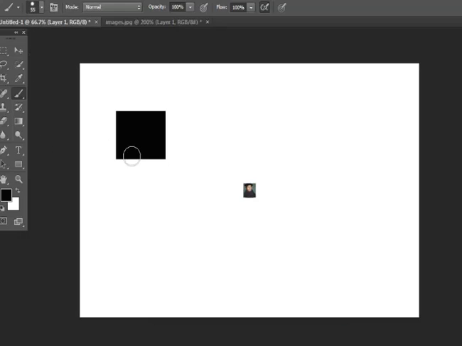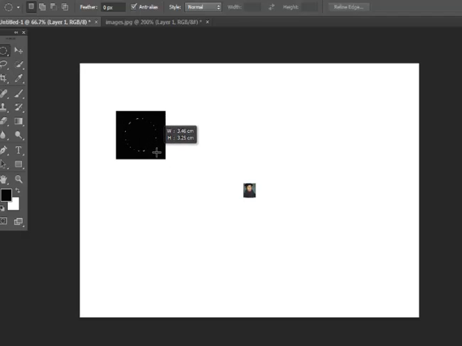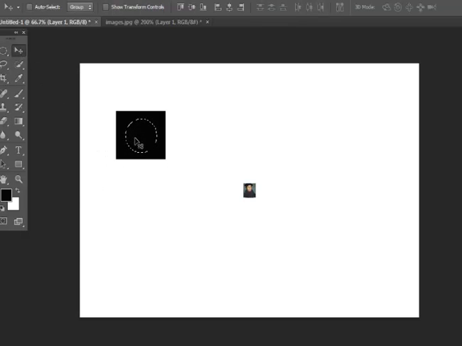Alright, so for example, I already created this shape, and I want to cut it in the shape of a circle. So I will just use the circle marquee tool, and I will use the move tool, and that's it.